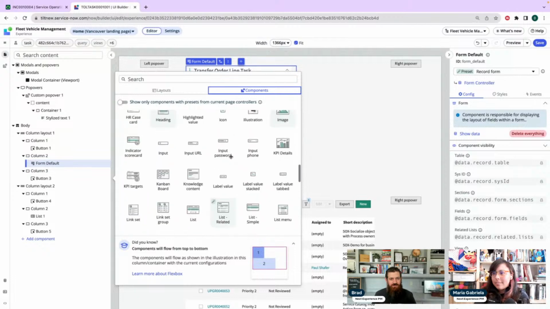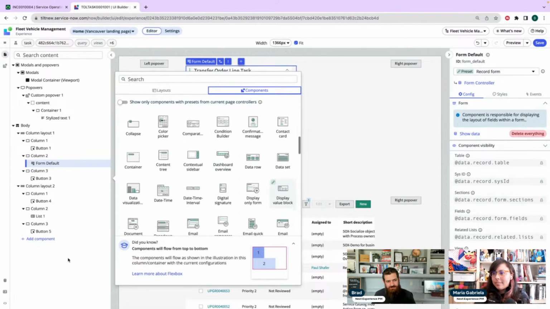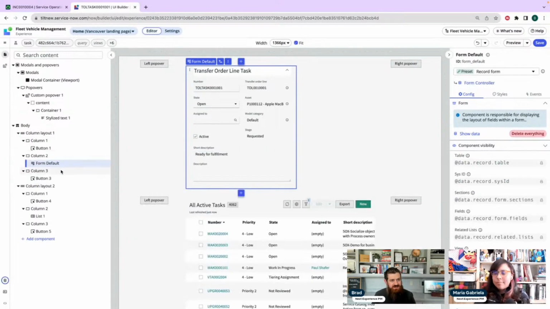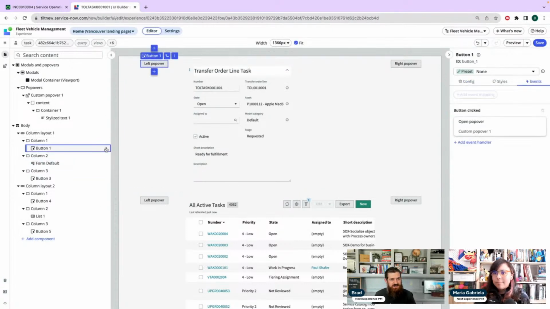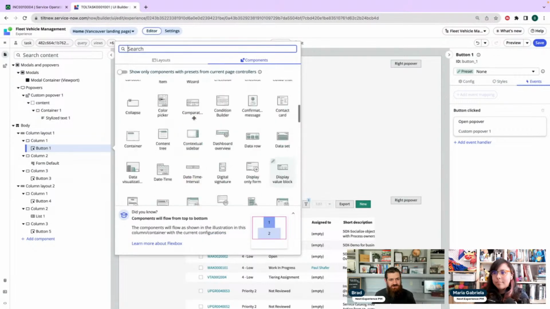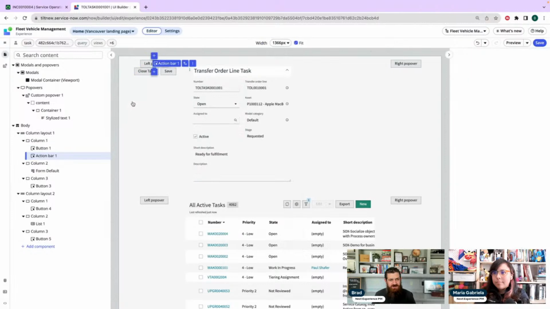So that form component added its own form controller. And so the form controller is the data resource that goes with the form. And so those are all of the preset enabled components that are compatible with that controller. So a preset enabled component, if I add it to the page, it may auto configure itself. Well, we can check it out. But basically, it's going to try to auto configure itself because there is already a controller on the page. So if I wanted to add my action bar somewhere else,